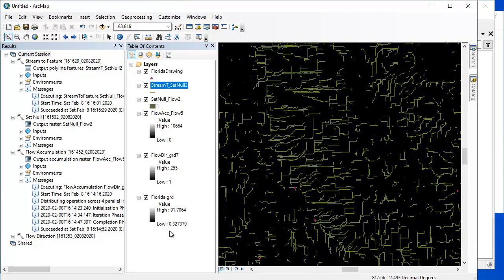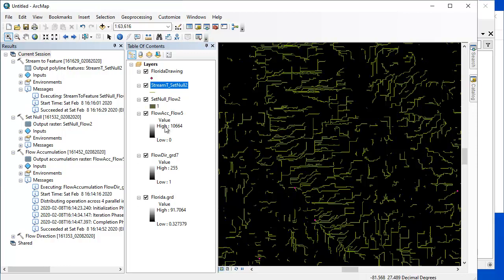Arc did that in a series of 4 steps. So we computed flow direction, then we computed flow accumulation, then we computed set null, then we did streams. And the parallelism here varied from 9 threads for flow direction to 4 parallel instances for flow accumulation to streams having no parallel instances. And the result is that Manifold did it in 3.9 seconds,